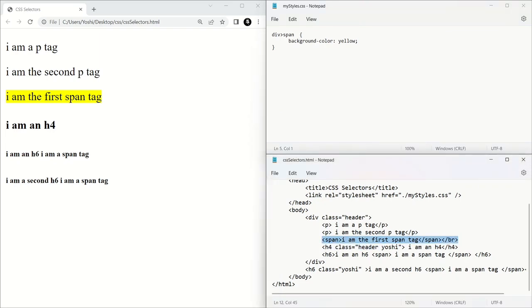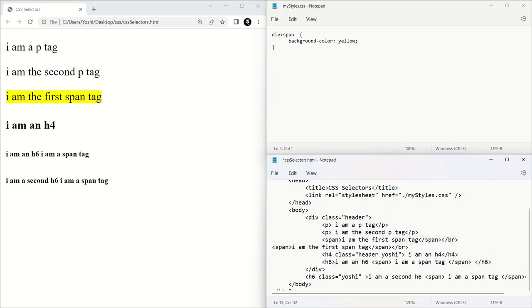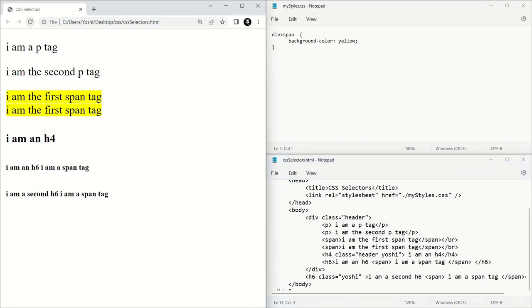So I could bring the same thing below it, right? So if I bring the same thing below, since this other span I just added is also the direct child, it selects this one too as well. Okay. So the next one we are going to look at is